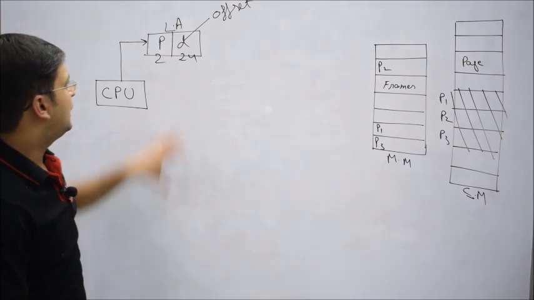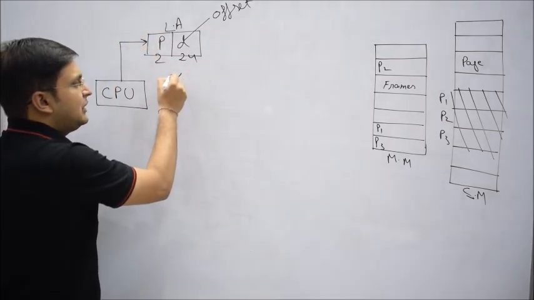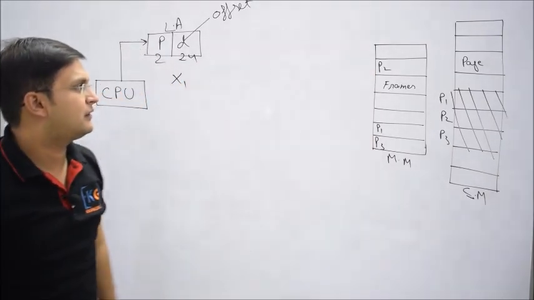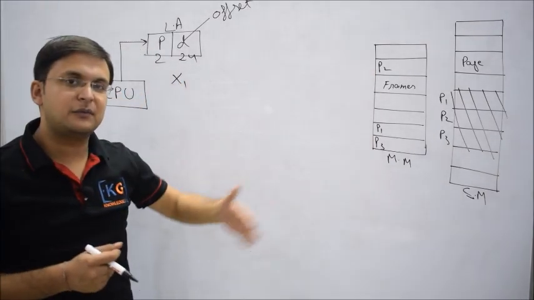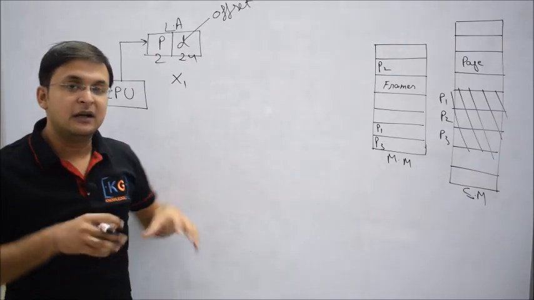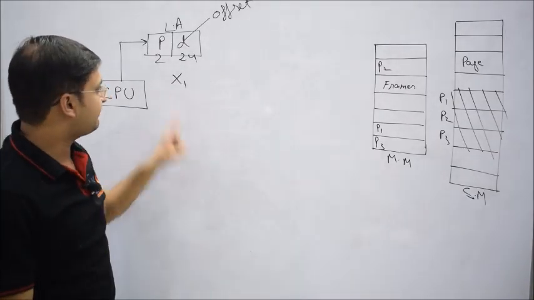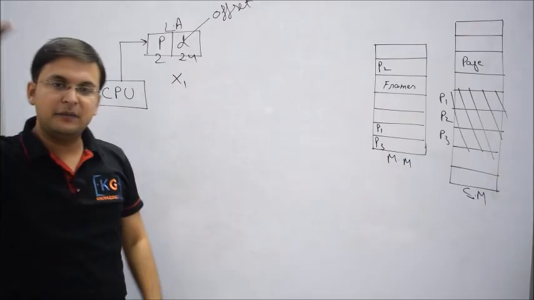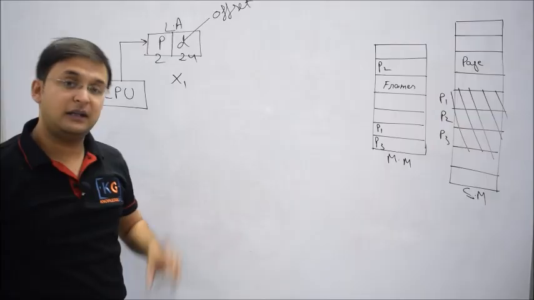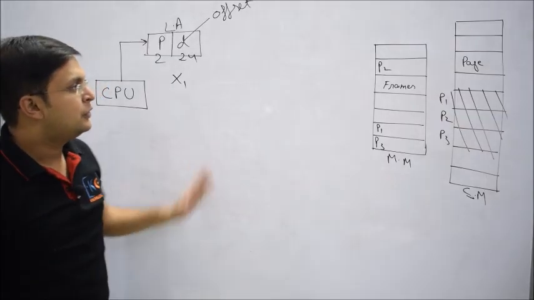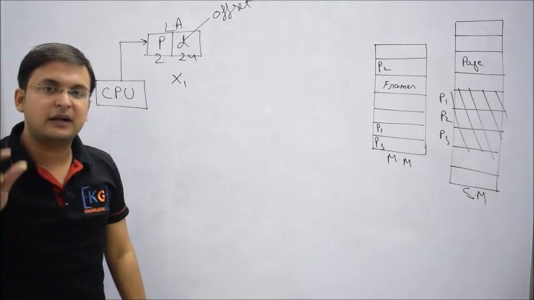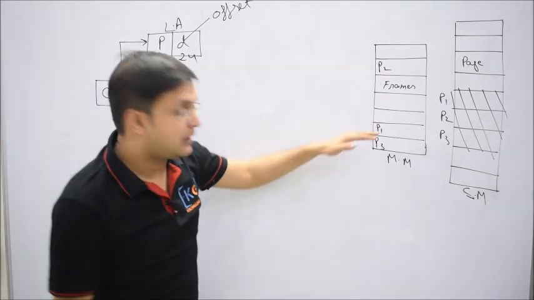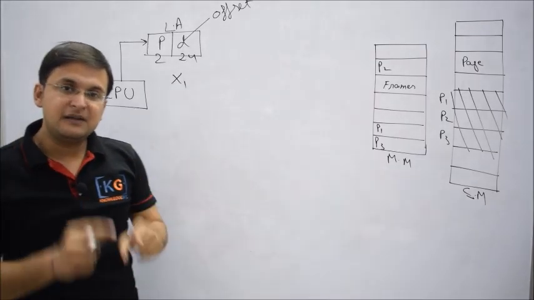Now we must understand that this problem can be solved in a number of fashions. How? Suppose there is some process, let me say xi. We want to find the address of the pages of xi. So what we can do in a contiguous system, or in a sequential fashion, like how a linked list works in a linear fashion, is say, you tell me the base address of the page. Like the limit register and the relocation value we have already used in contiguous memory allocation, for every process I can store the base address of the process, and by the base address I mean the base address of the first page.